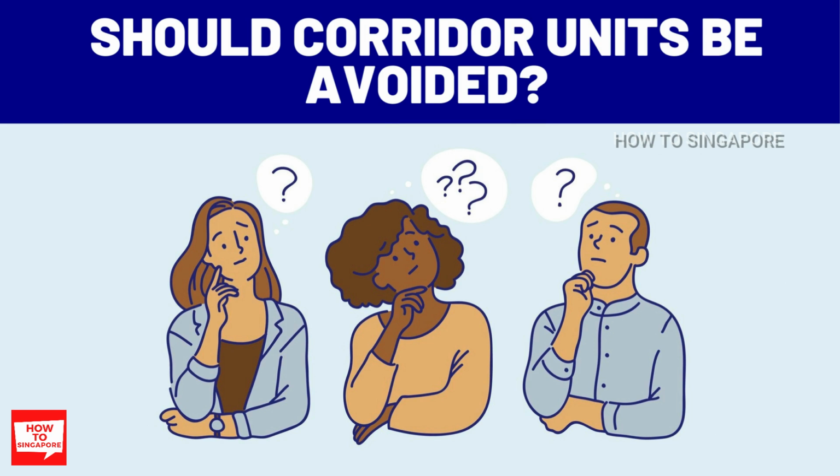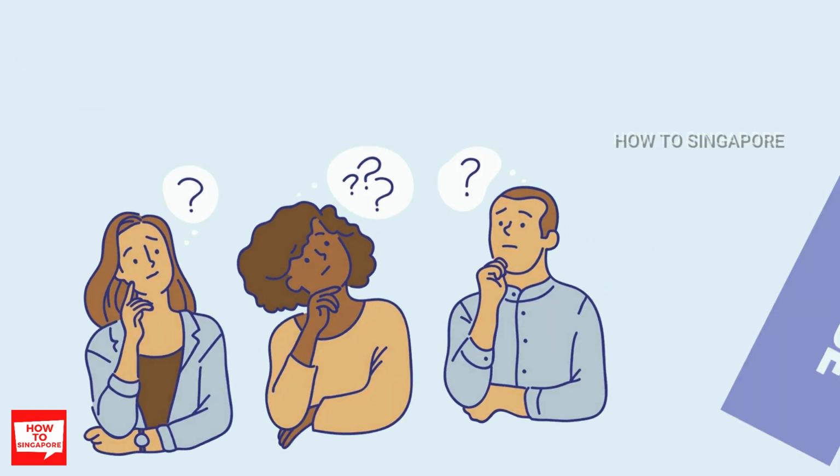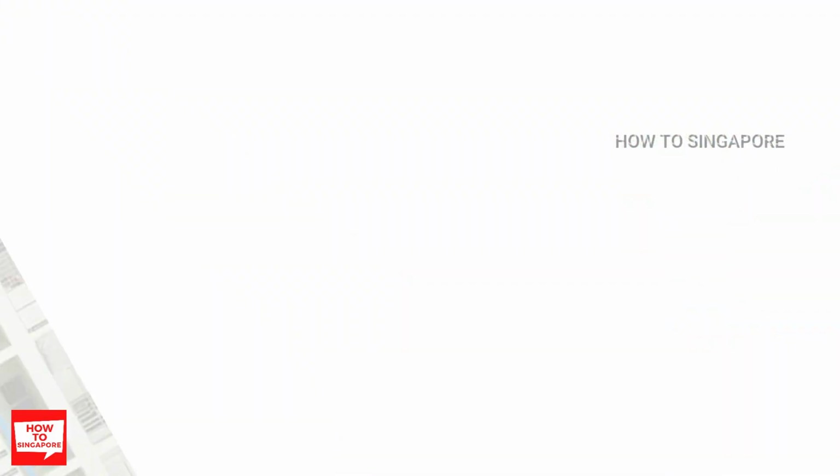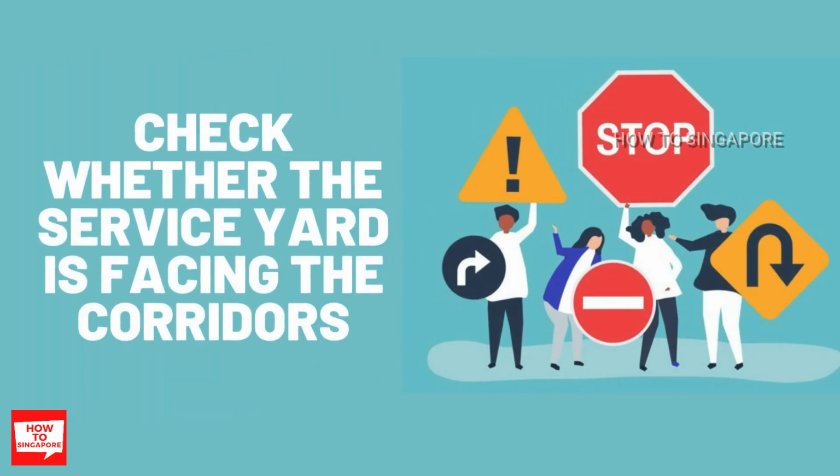Well, corner units indeed are more sought after, but the good news is that newer HDB projects now no longer have the window facing the corridor like back in the 80s, but you still need to check the unit layout to see whether any random passerby can still see into your kitchen and service yard from the corridor. This will mean it'll be very awkward if you want to get an ice cream from your fridge in your